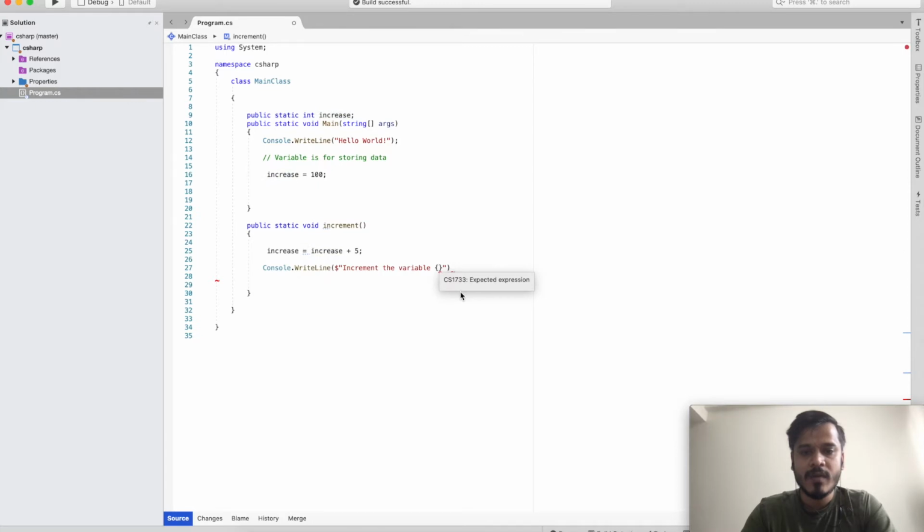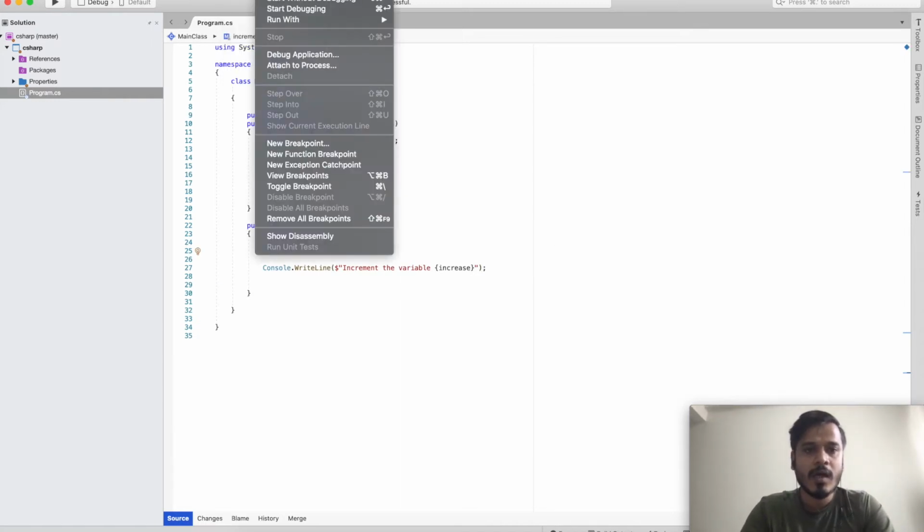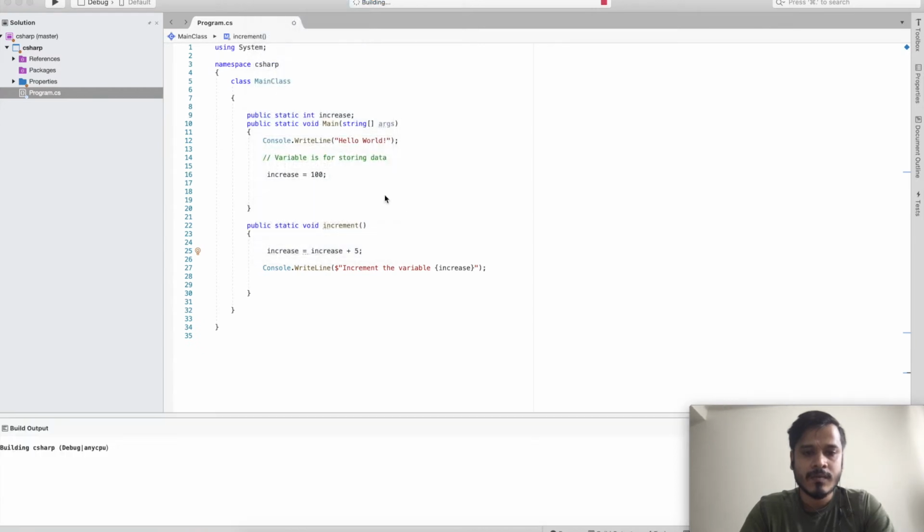So this is the variable which I want to use, and I will just close this. So if I go and I run this, let's see what output we are getting.